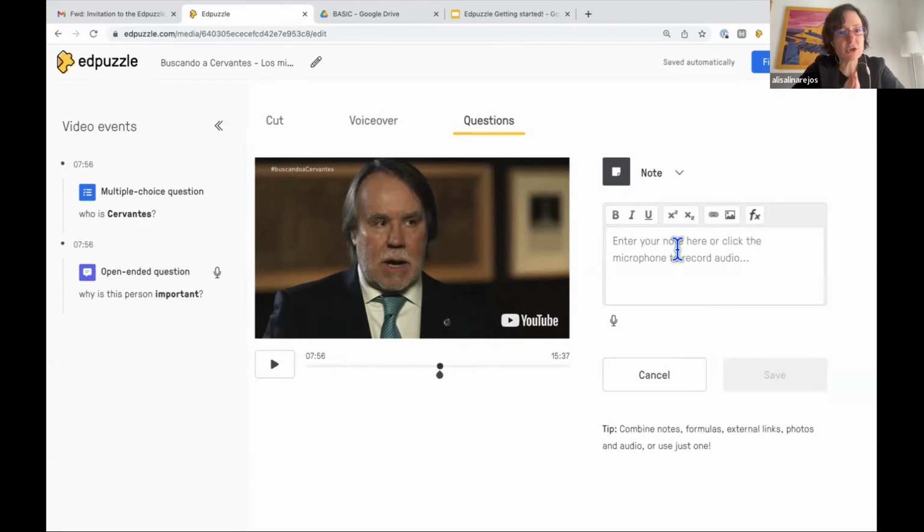So the video will stop and it will allow you as a teacher to also record your own voices, okay? Whenever you're working with YouTube videos or somebody else's videos, this is very useful because sometimes the students are listening to something and they don't relate to it that much because it's not their own teacher. But if you record your own voice, they can see, okay, this is my teacher telling me this, or this is my teacher reminding me that we have learned this in class or we have already worked